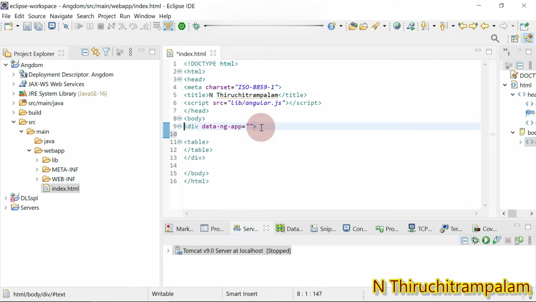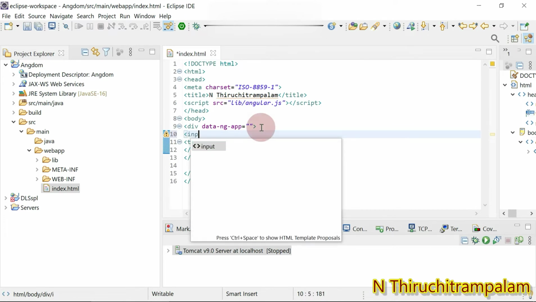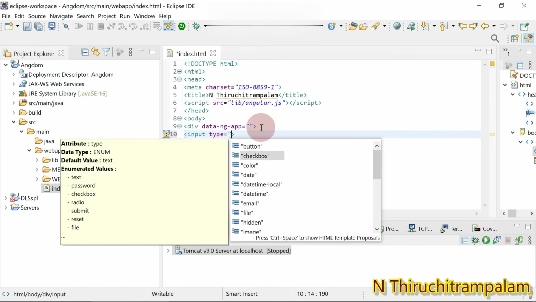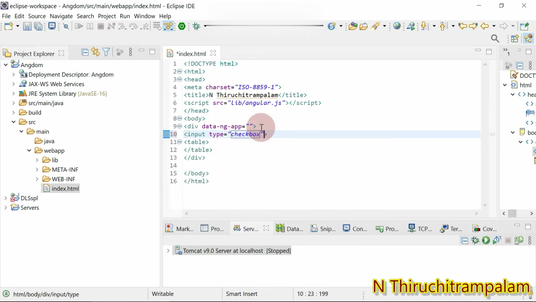Okay, so here what I do, I'm going to create the checkbox. Input, this input element type equal, so you can see the checkbox selected, and then here we need to add the ng-model attribute.